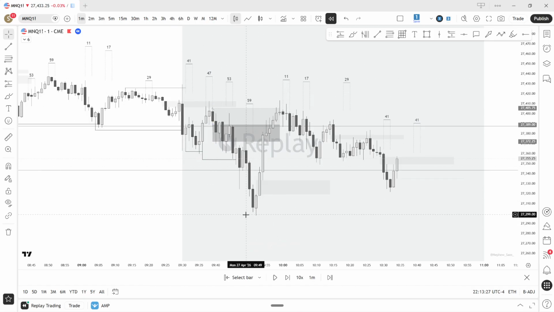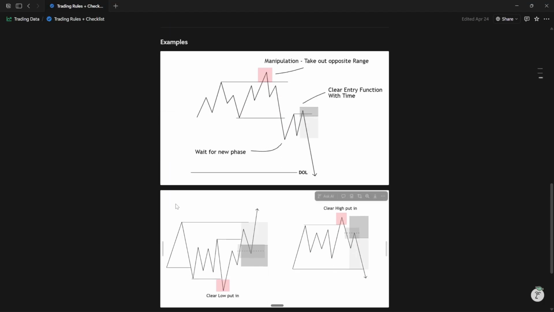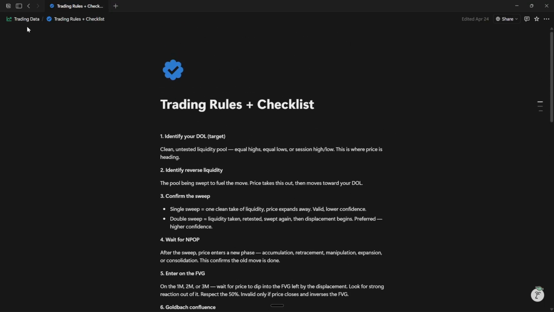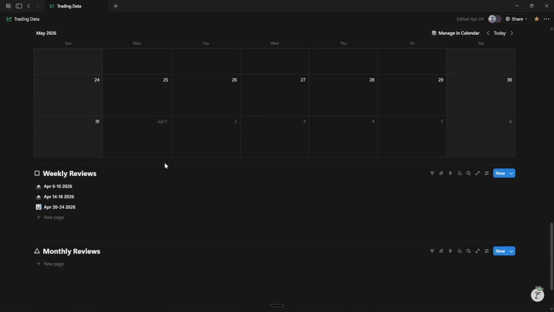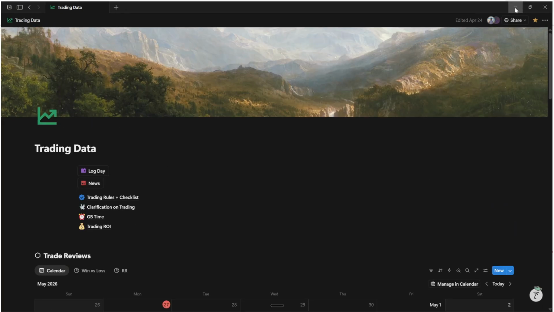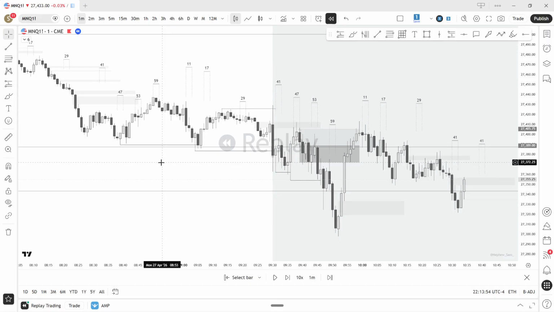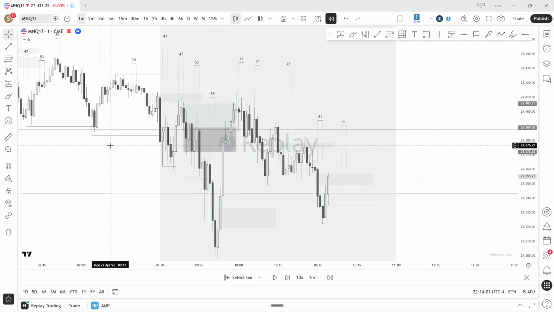But I do want to remain taking solid trades. What I'm going to do is go to my trading rules and checklist. I'm going to clarify these more as I've been doing some stuff here. Obviously, I need to clarify these more so I can use my Claude agent to identify my setups for me. So I can pretty much give it my trades, and my Claude can just prove if it's a valid trade, which is really cool. I don't want to yap too long, but that's really the main thing that I need to focus on. I might just step away and start focusing on my life for a little bit so I can make some real money.